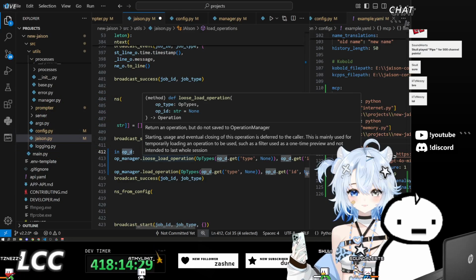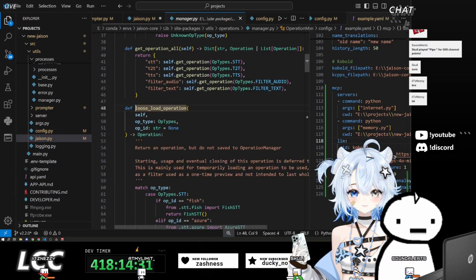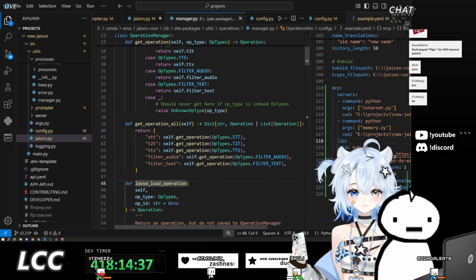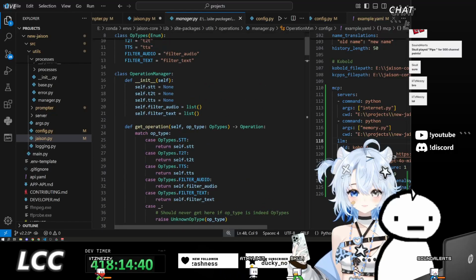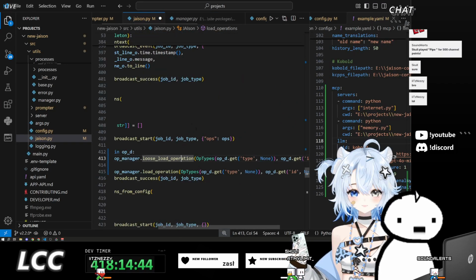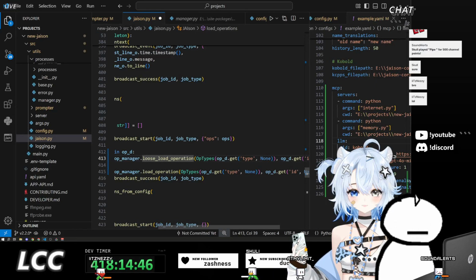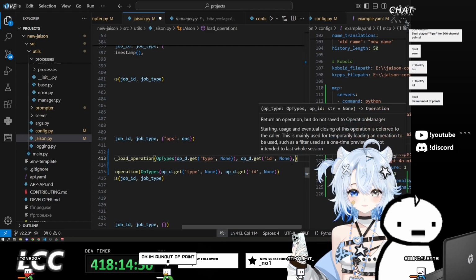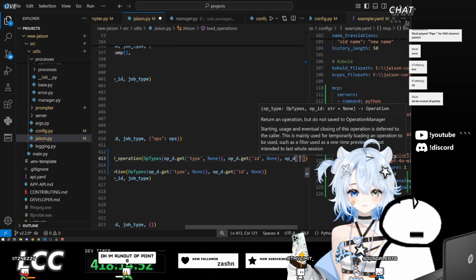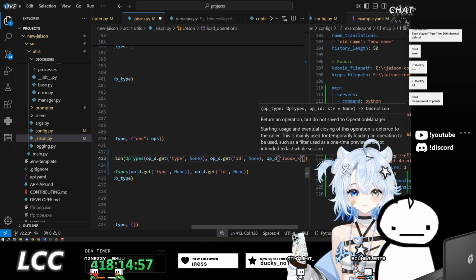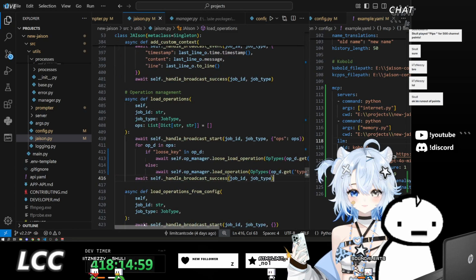No, this is wrong. Oh, this is outdated. Right, because I did a pip install dots. This should be loose key is equal to this, right? Operation with loose key. And that should be good.